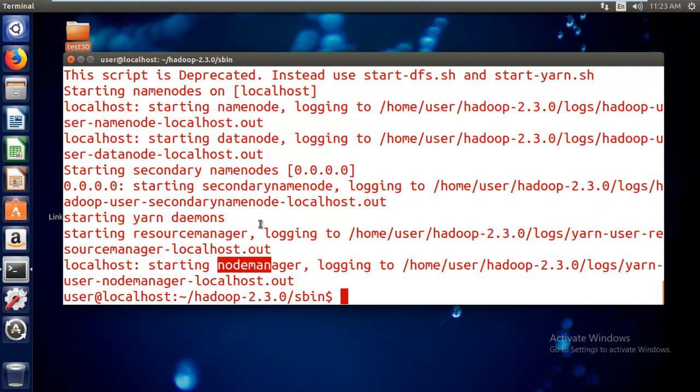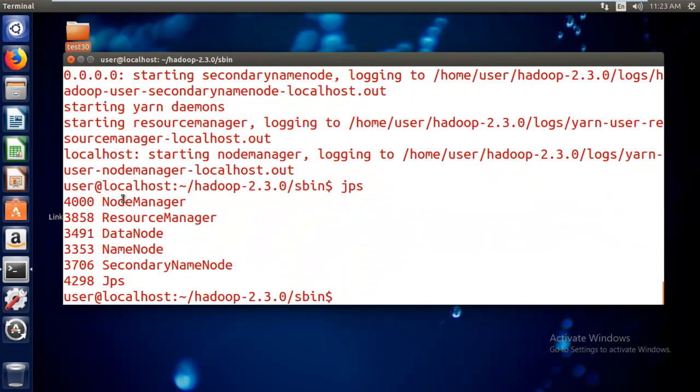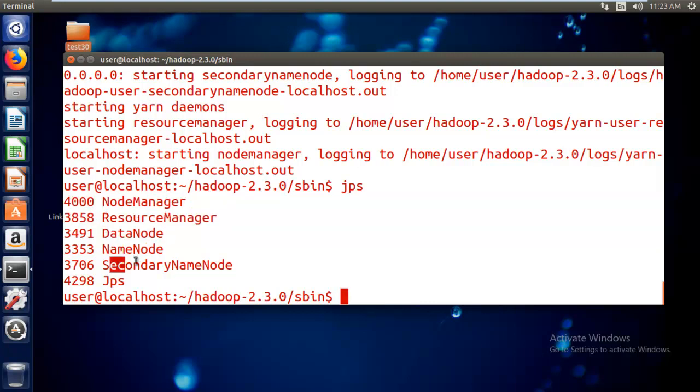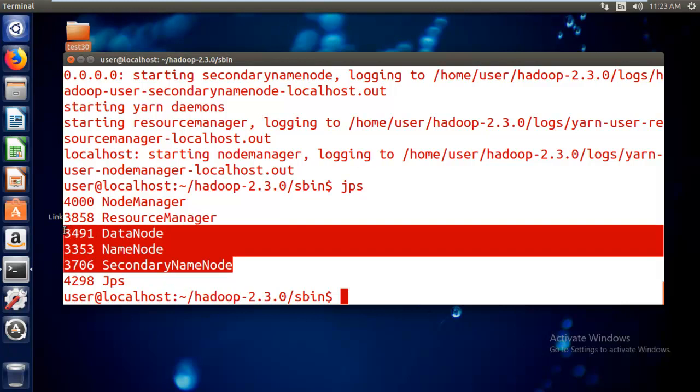So here you can get the complete list. Now if you hit the jps command here, see, you're getting node manager, resource manager, so these two are related with YARN. Similarly, you're getting name node, data node and secondary name node, so these are related with your Hadoop. So our HDFS and of course resource management, everything is up and running. This means that our Hadoop server is up and running. There is no issue with this.